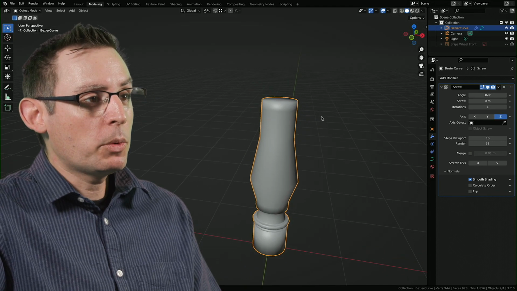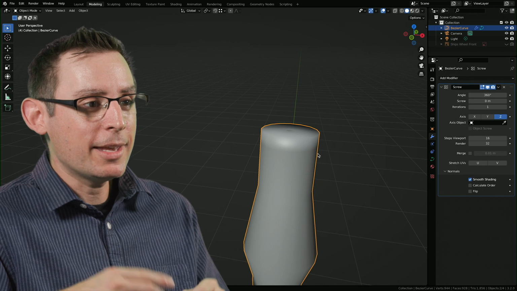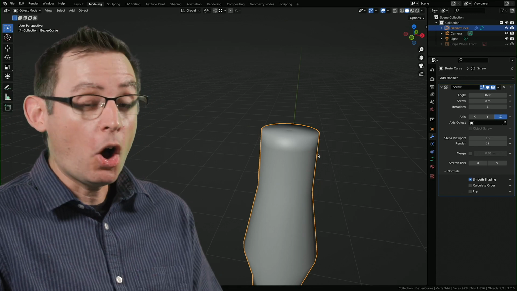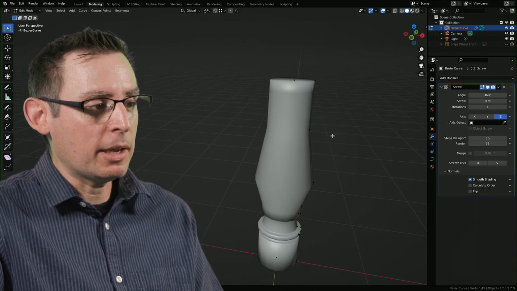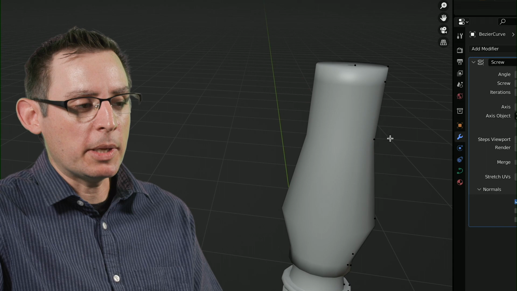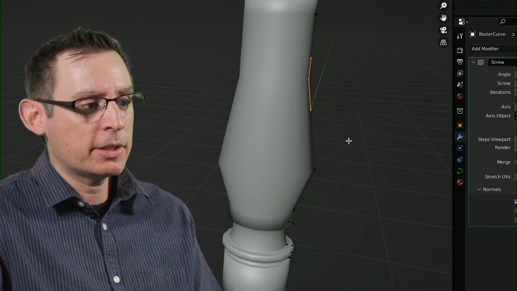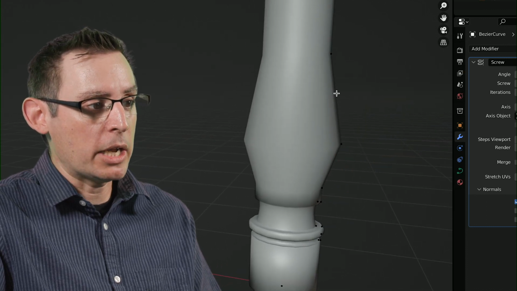All right. One of the great things about working with the screw modifier in conjunction with the path is that the path's edit points, the control points, are still live inside the scene. If I hit the tab key and go back into edit mode, you can see all the control points of the path itself. I had some work to do on this control point. I don't want an angle here.